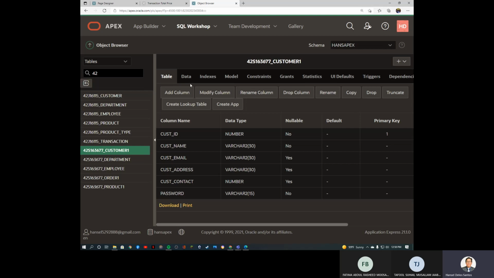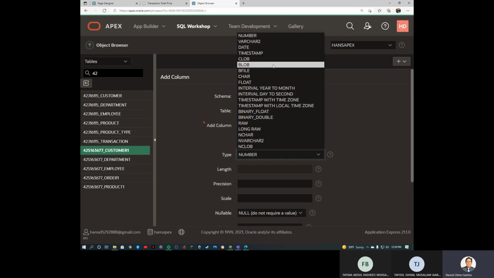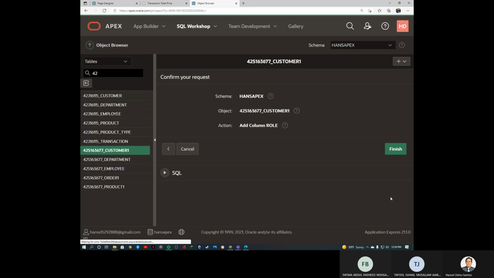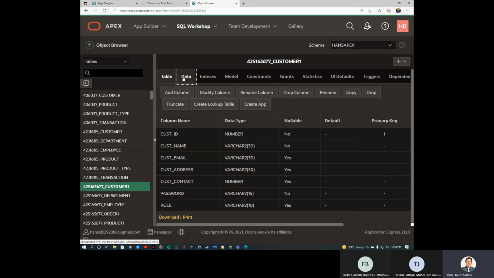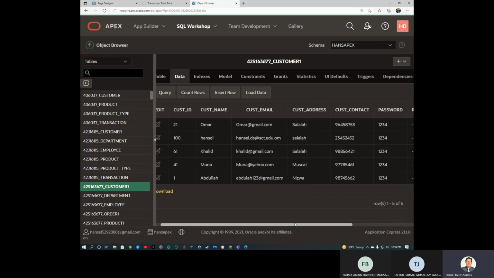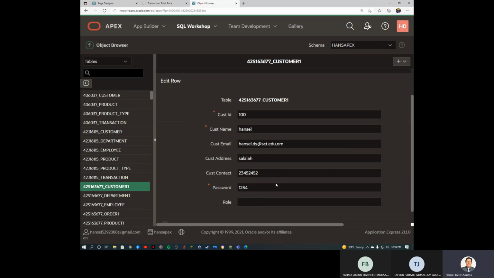We'll name the column role, of course. And of course, you have to populate that one. This would be a varchar, size 10. Let's finish this one. And of course, we have to populate some information for now. Since we have a role here, except for myself, I must be an admin,